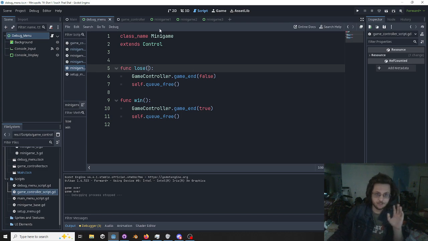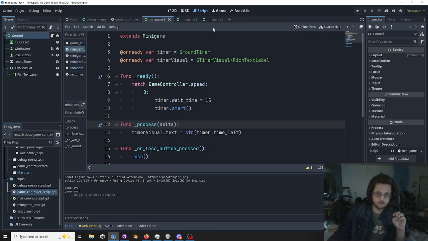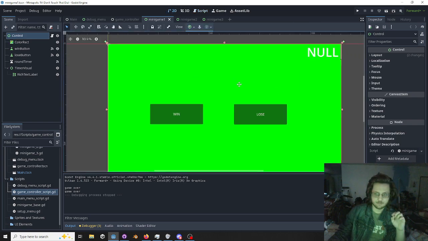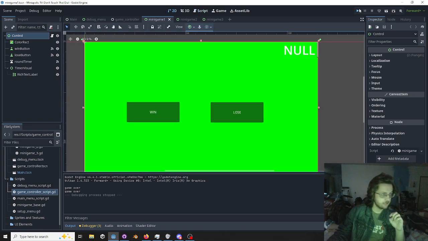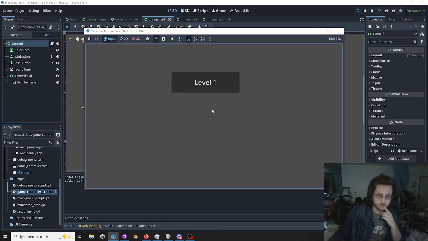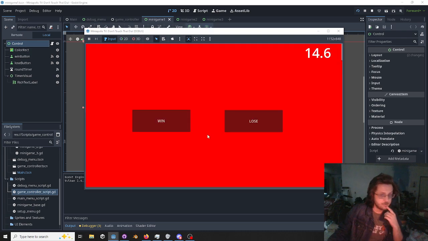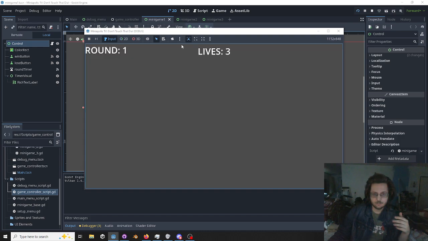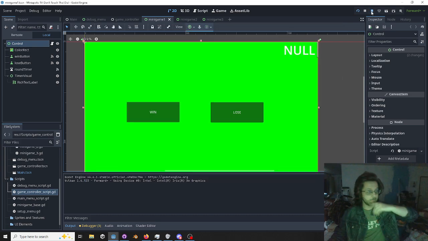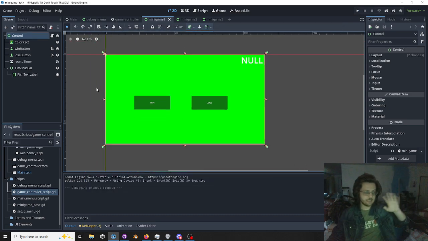Well, actually, I should walk through for the people who don't fully know how Godot works. If we look in the given mini game, this is just a little test mini game. So that when we play this, it'll do the little wait period, and then the mini games. And right now I just have it set up so that I've got these win lose buttons. When this timer ticks out, we'll lose. We can press lose, these lives will go down, the rounds will go up. Win, the life won't go down, but the round will go up. Okay, so these little test mini games,